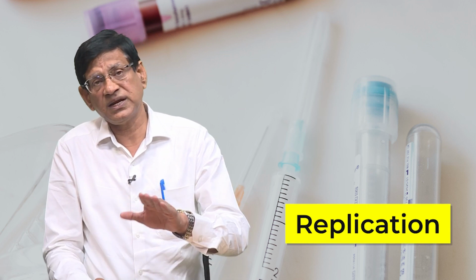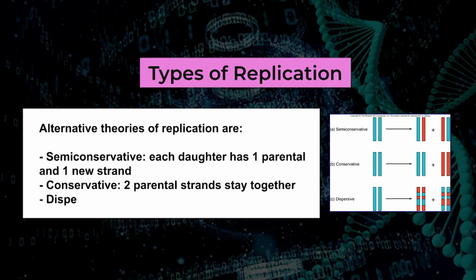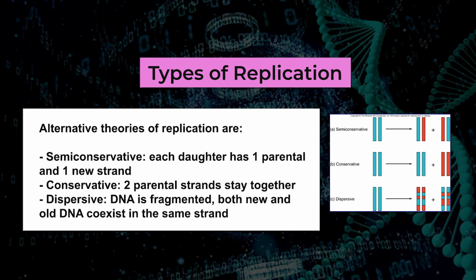The replication part I told you about is the DNA-to-DNA synthesis for information, known as replication, with the help of DNA polymerase, which needs a DNA template, the nucleotides and the enzyme DNA polymerase. The type of replication is semi-conservative replication; usually there is also a conservative type of replication.